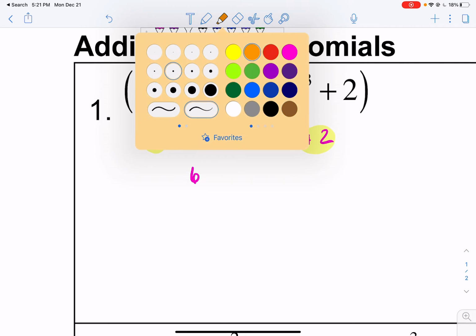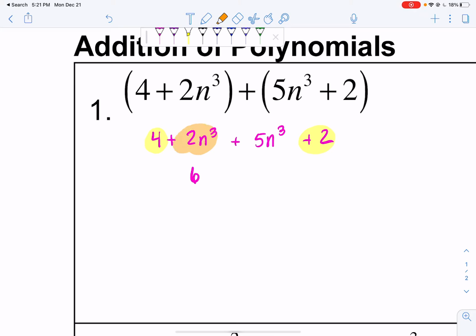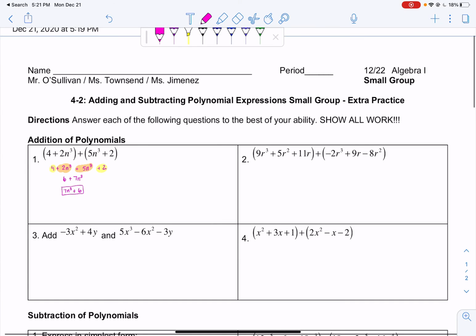Then I have to ask myself, does my 2n cubed have a like term? It does. It has a 5n cubed I can combine it with. So 2n cubed plus 5n cubed is 7n cubed. Here's the issue. I don't want it written like 6 plus 7n cubed. I want it written as 7n to the third or 7n cubed plus 6. And that's your final answer. That's how you add 2 polynomials. If you want, you can pause the video now and try to do the rest by yourself, or you can